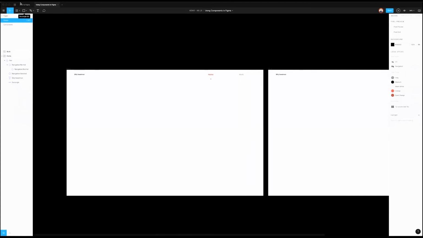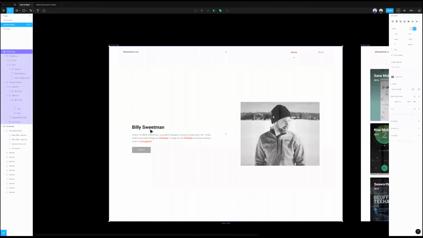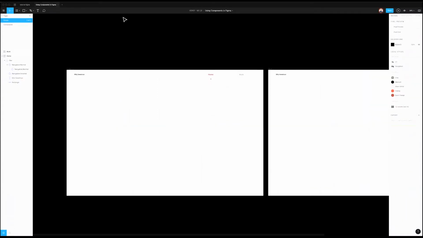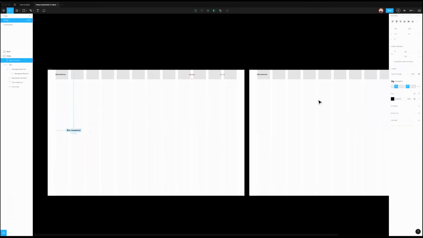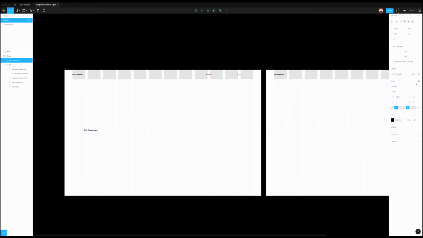Gotcha. So one thing looking back here, this is actually the H1, that's the H3. So we have Billy Sweetman that we'll bring over. And we'll use the 12 column grid and not the 16 column. You can see here automatically it's using the last style that I used. So it's nice as you start to add a lot of content, it'll kind of default, but just something to be mindful of that we'll want to break that up. And so we'll go ahead and create,